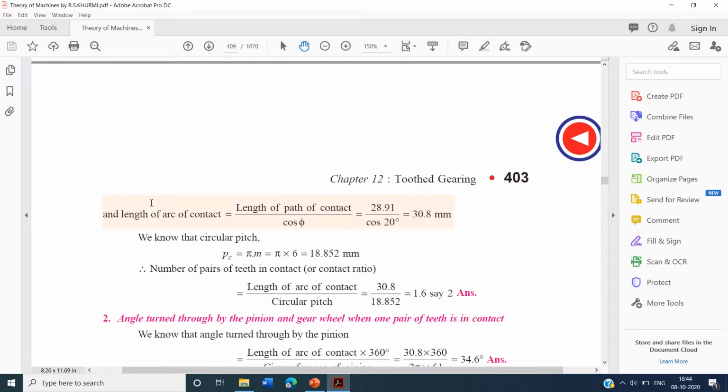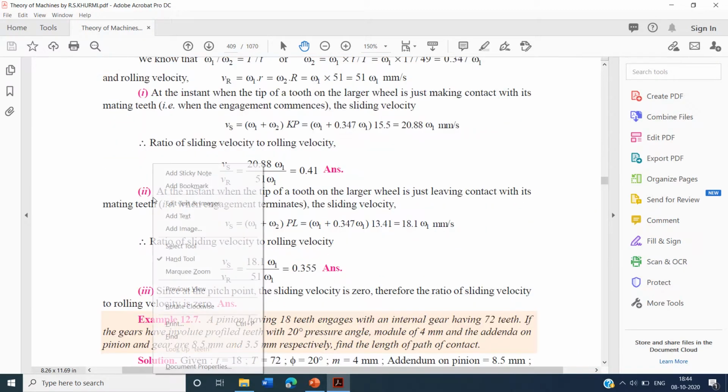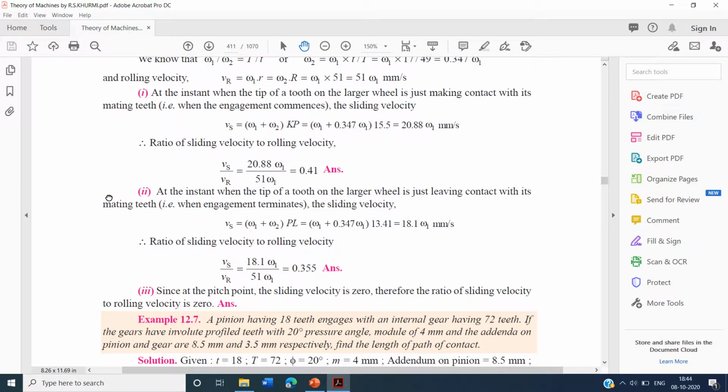Okay, so this is the one set of problems you need to solve in this third module. And also we have one more set of problems that will come in the interference part. Okay, so with this I am concluding.